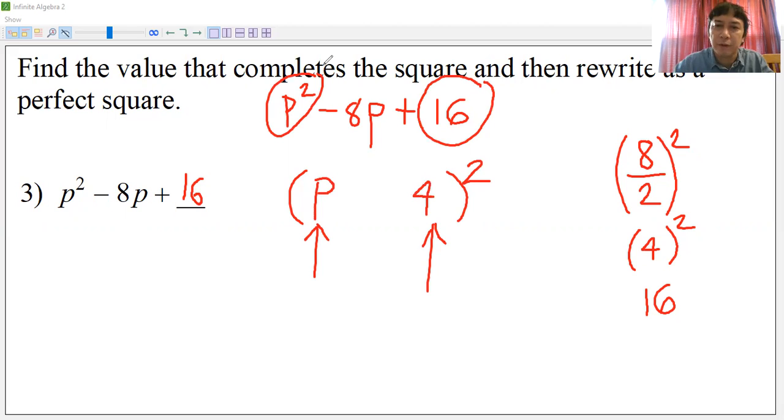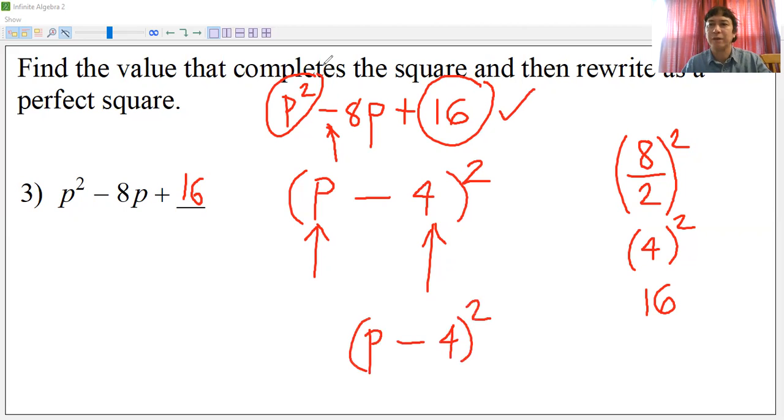And then the sign here must be a minus, so this is a minus. So the required answer is 16 and p minus 4